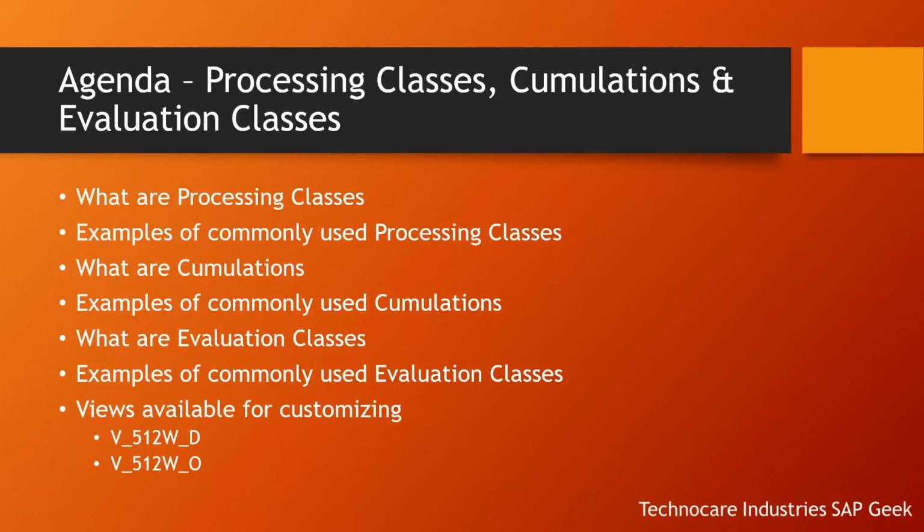So let's begin. Let us check in system what are different options available. For sample, we will consider only India as a country, but the same will be applicable for all countries. So I will mention whenever a particular processing class or whatever point we are discussing, I will mention it at the same time, whether it is country specific or whether the logic applies for all countries. So let's jump into the system and understand better.